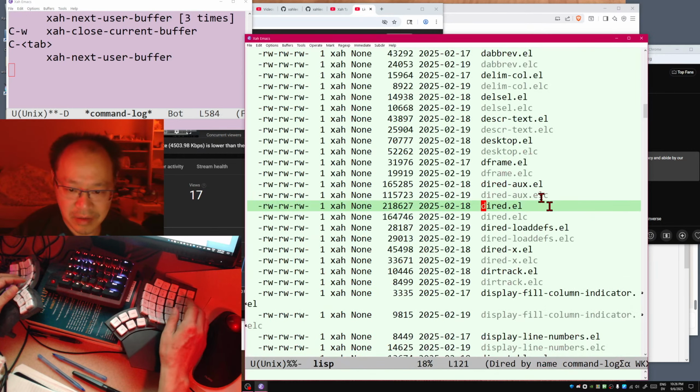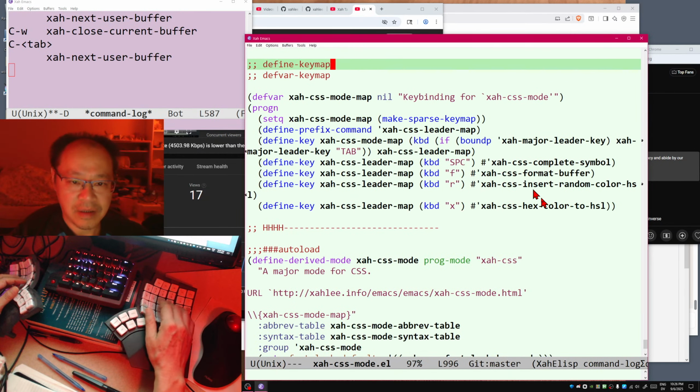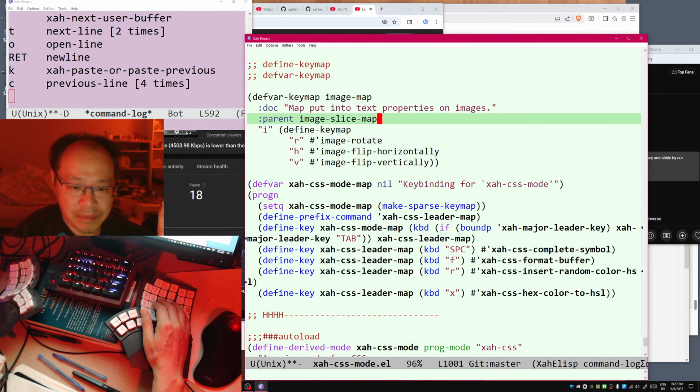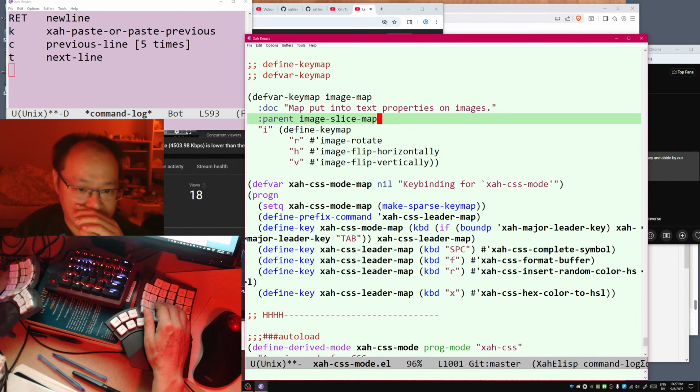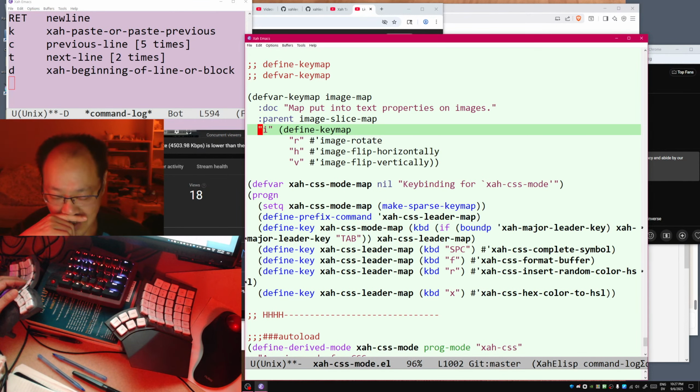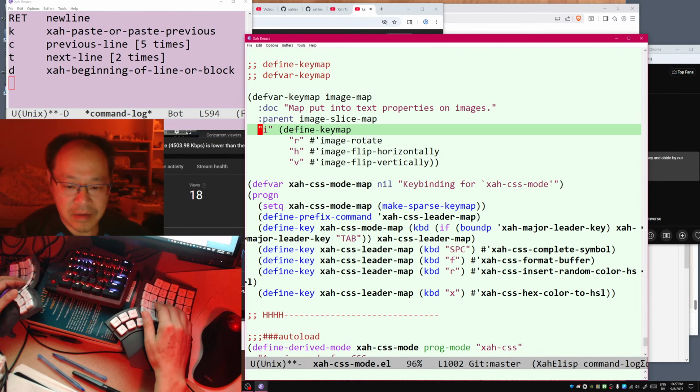Autoload. Close. Yeah. So here is kind of an example of how they defined it. Now from this, actually, I can figure it out. Let's see, map into dark paren image slice map. Okay, so it's using a paren. And what is this? define-keymap. So